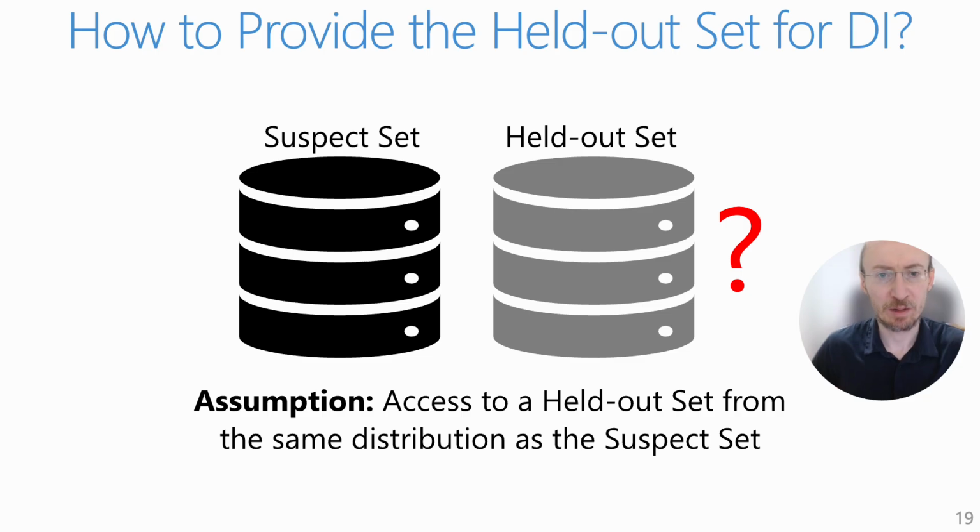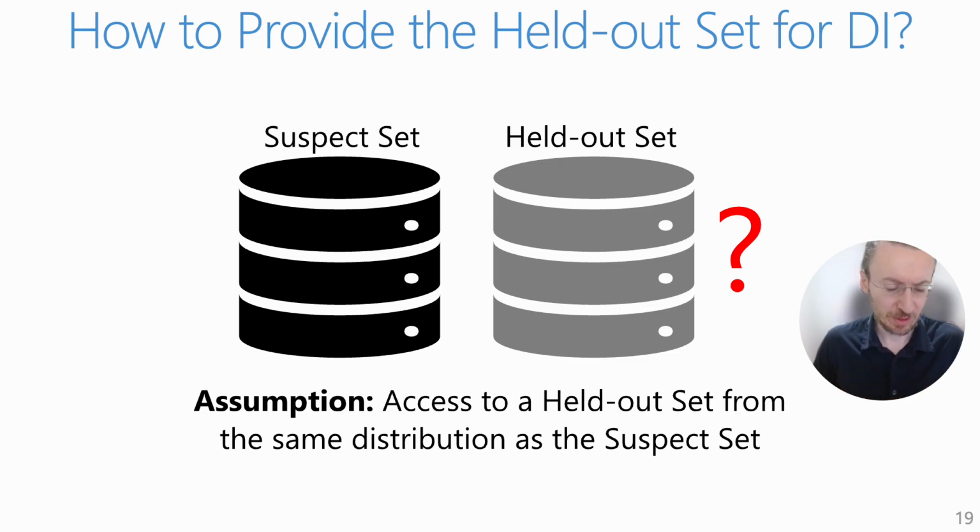Now, this method up to now works if we have access to the held out set from the same distribution as the suspect set. However, this is a strong assumption, and such a set, like the held out set with, let's say, drafts of our previous papers or books, might not be available in practical setups. Therefore, we also have to think about how we can potentially generate or provide this held out set in a different way than just requiring the author to provide it. Additionally, it might also be the case that an author might potentially be malicious and try to accuse a given model provider